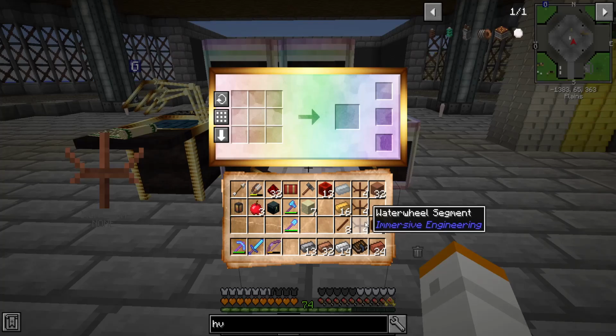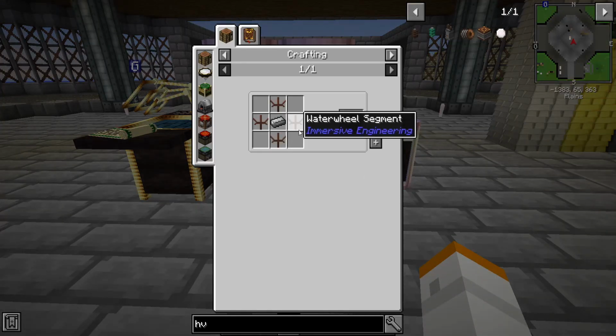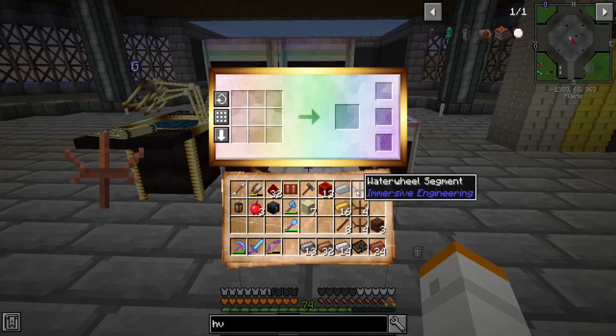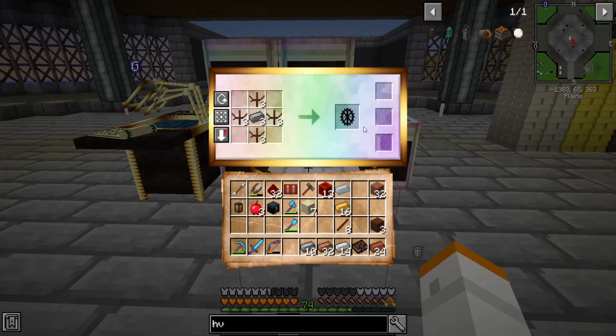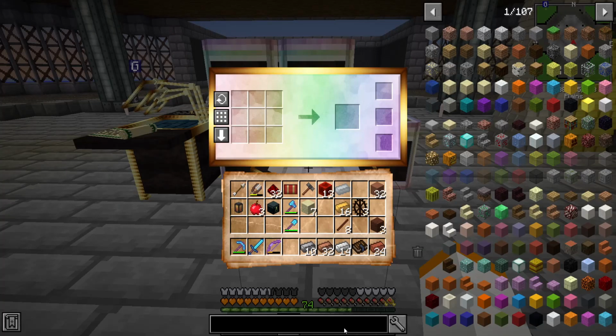Since I have these guys right here, let's go ahead and build the water wheels that we're going to use. So water wheel segment's pretty simple, pretty easy. They're just treated wood planks and treated wood sticks. So I want to build as many of those as it'll let me. So 1, 2, 3, that's 3 of those. And we want to go ahead and make the dynamo